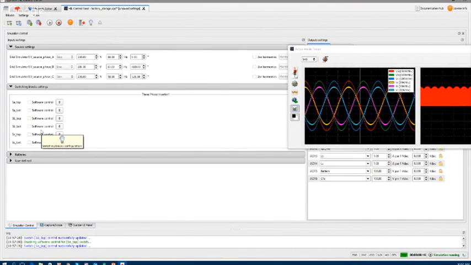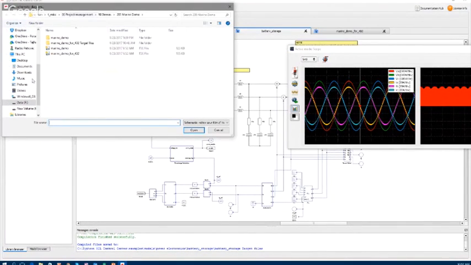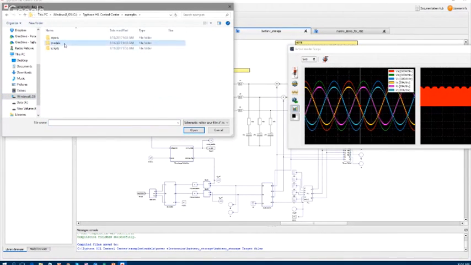So these are some simple examples, the most basic ones. When you download the software and you open the schematic editor and click open, you will find yourself in this folder. But you will find a lot of examples in power system domain, in power electronics domain, in microgrids, in hardware in the loop, meaning embedded external controllers that you can run from scratch and play with.